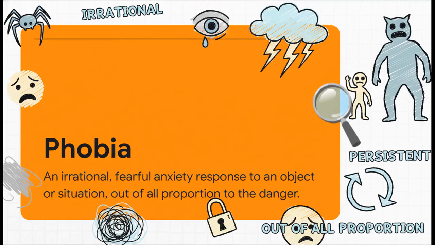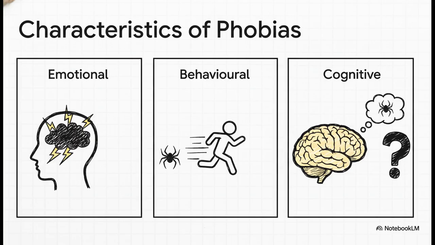What's really interesting is that the person suffering often knows their fear is excessive, but they feel completely powerless against the anxiety it causes. Now, a fantastic way to structure a longer answer is to break it down like this. So emotionally, we're talking about that intense, overwhelming fear and anxiety. Behaviorally, the absolute key is avoidance. Someone with a phobia will literally rearrange their life to avoid encountering their phobic stimulus. And cognitively, like we just said, there's often this self-awareness that the fear is irrational, but that thought alone does nothing to calm them down.